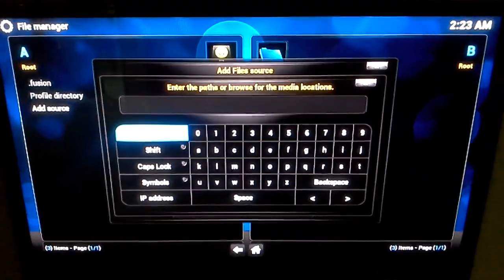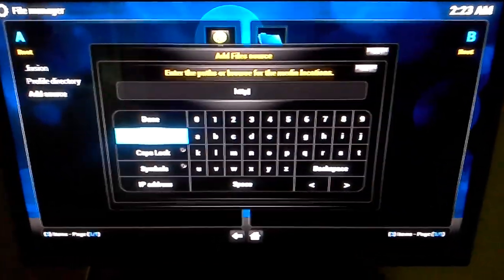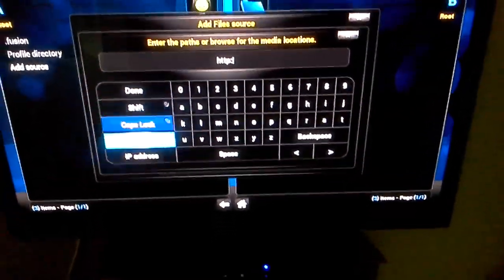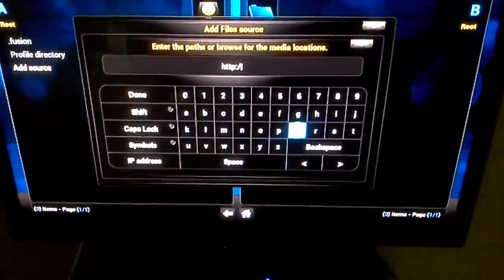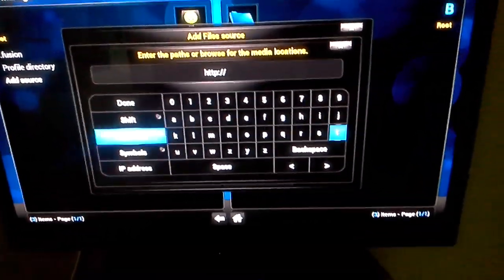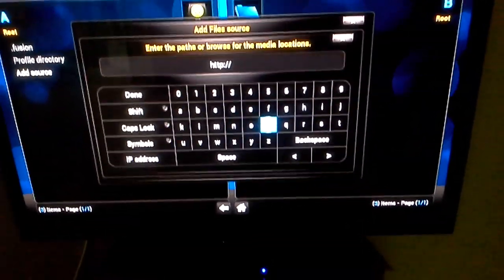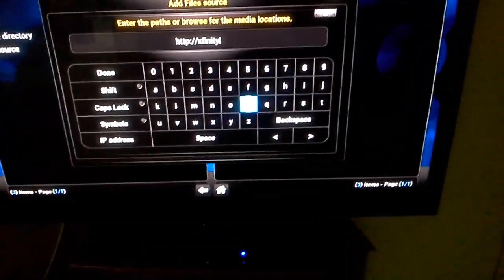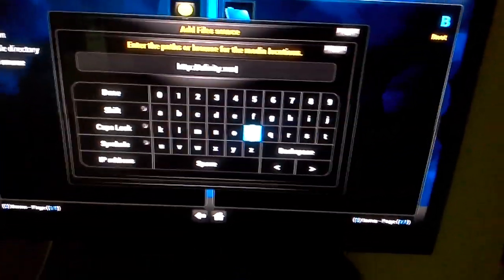We can add the next repository. We have HTTP once again //, and this is why I always recommend the keyboard, because the keyboard just makes the whole experience easier. We have Xfinity.xunity